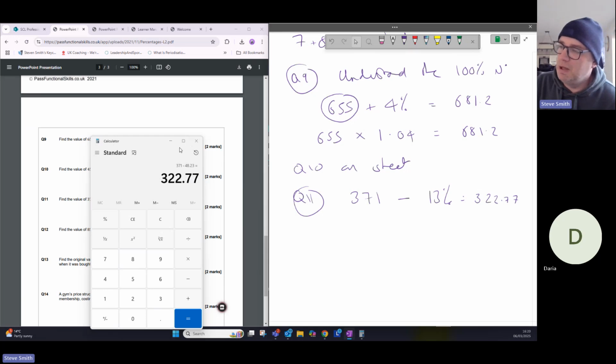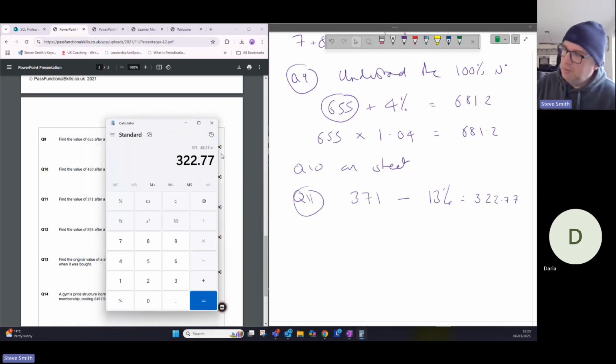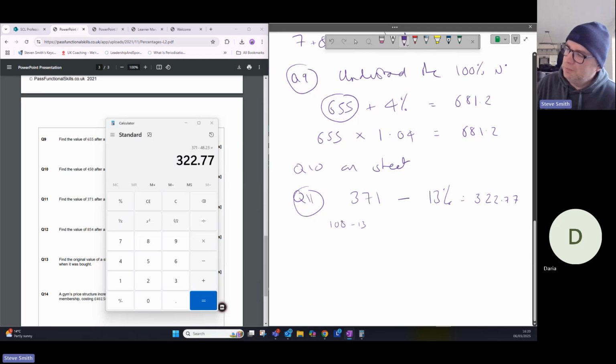With those sort of questions, I'm not saying go out and buy a calculator that has got percentage on there, because it's just as easy without the percentage button, but it's just following that process of, if I've got a percentage button, use it. If you haven't, then what we're going to do on this one, if you can see here, the relationship is minus 13%. So if we go 100 minus 13,